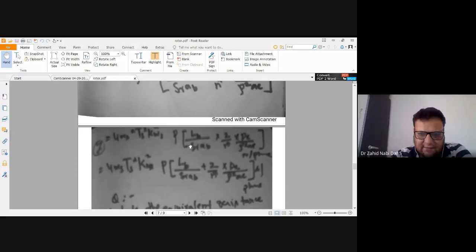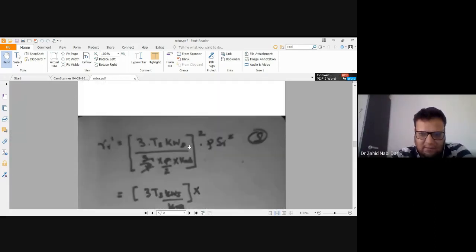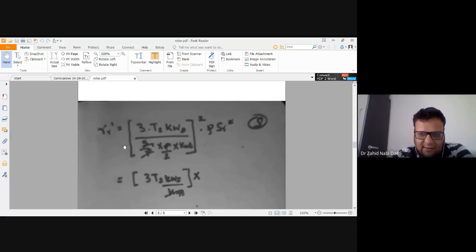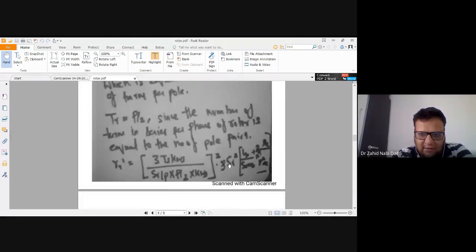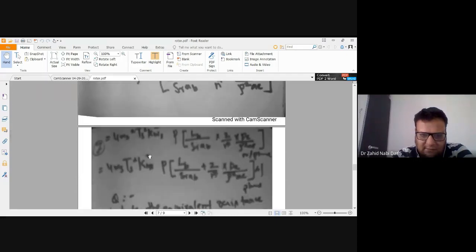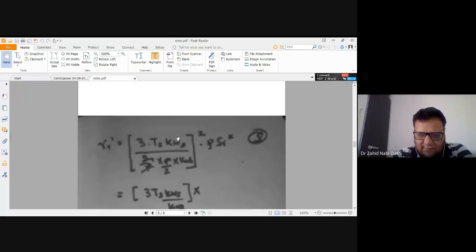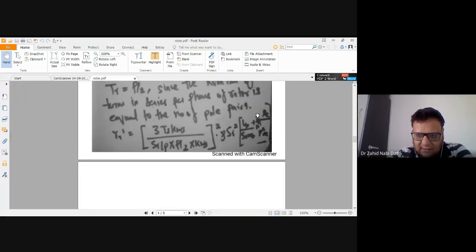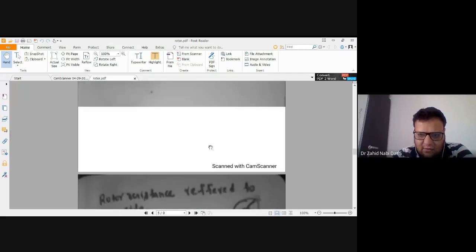SR and SR square gets cancelled. I told you in the beginning also. Here you see this SR square and this SR will get cancelled, and you will be left with this. P and P in the numerator, P in the denominator gets cancelled. This 4 comes on the top. Rest things remain as they are. So when you are seeing my final equation, I'm getting 4 MS square TS square KWS, and these are the rest things which you are seeing. Rest is remaining the same. Only this is getting cancelled, and rho is remaining.